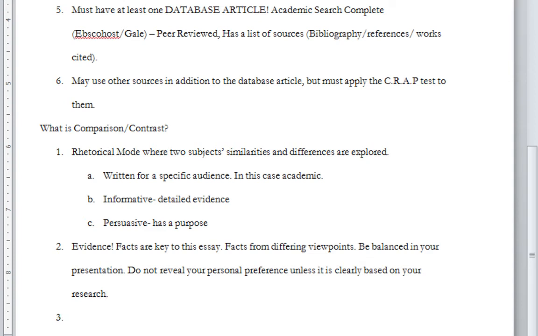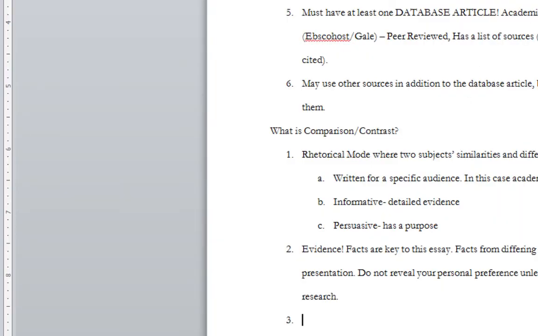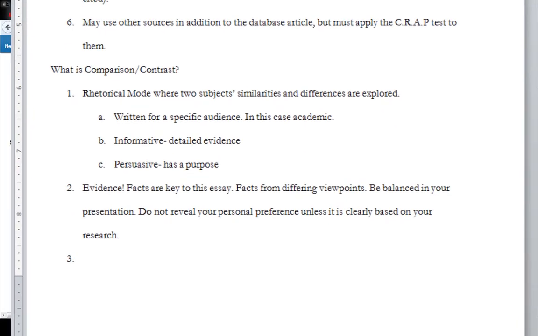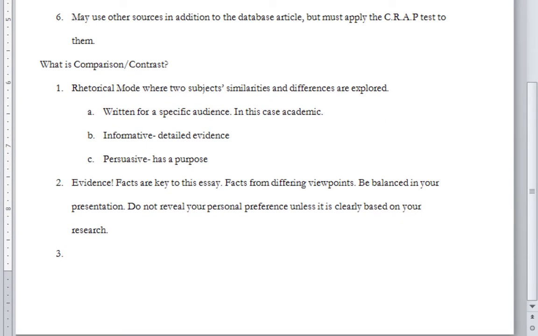So this is the most scientific of papers in a sense. Your goal here is to have your thesis be purely research based. So if you want to say that Ben Carson would make a better president than Marco Rubio, you have to base that on research. And your points of comparison, which is the next part I'm going to talk about here, are important because that will guide your research.